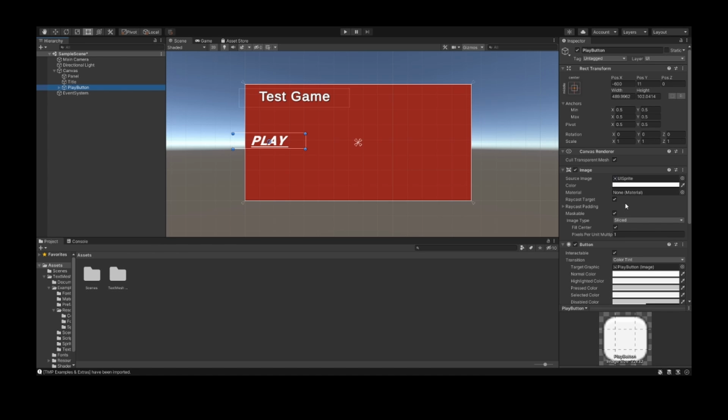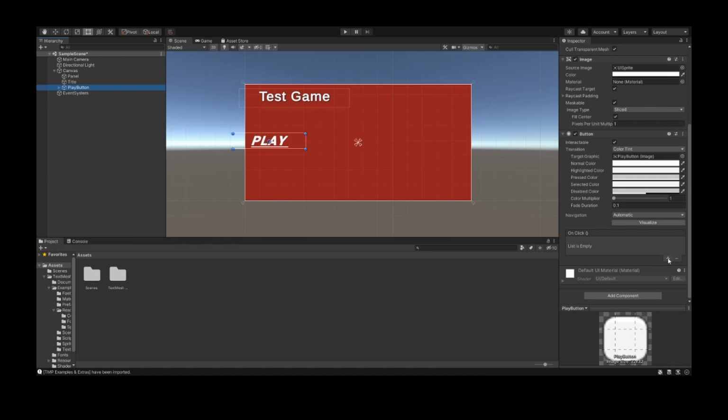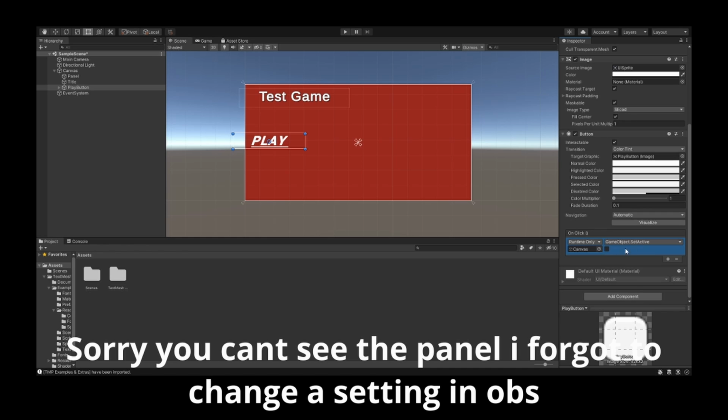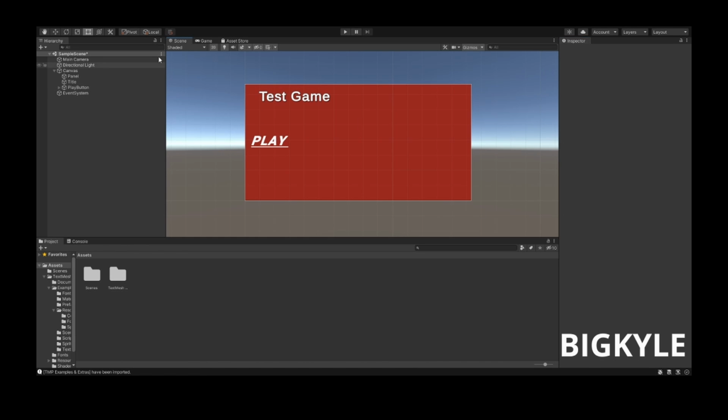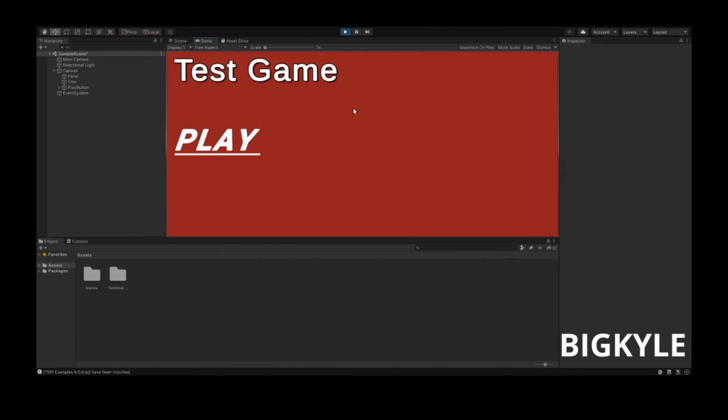Alright, so now this actually doesn't need any coding at all. Just go down here to On Click, click the plus, add this, and drag in your canvas. Now go to No Function, then GameObject, SetActive bool, and then just put that as checked. So now if we were to test the game out, it should work. Alright, so here's our little game menu. So if we click play,